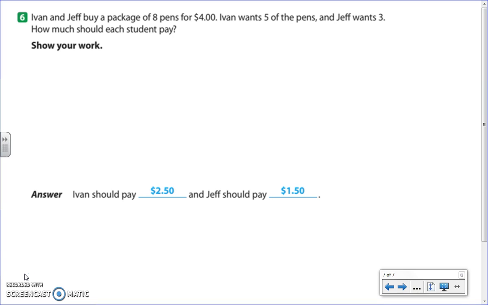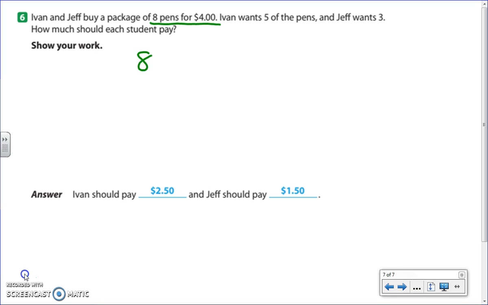Alright, so I like this problem because I know that I can use a unit rate quickly to find how much each pen costs. I can do that with mental math, but you may need to draw it like a fraction or do some long division. It says that they buy 8 pens for $4, so